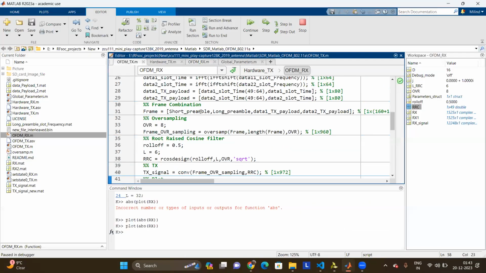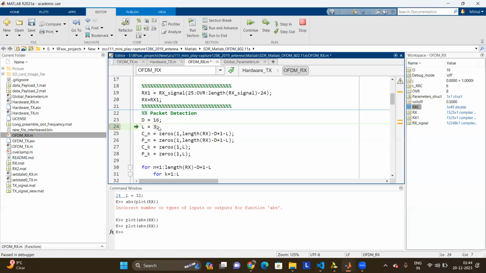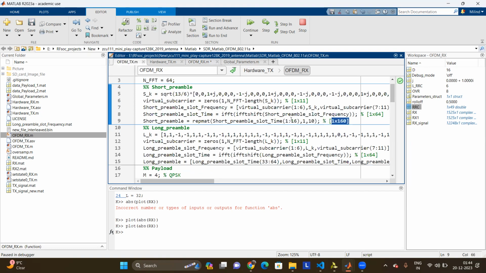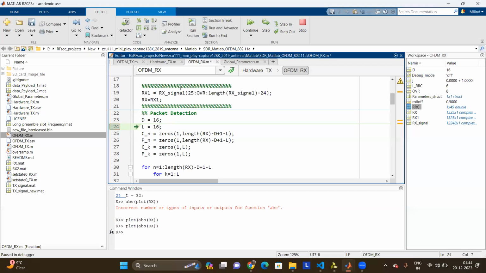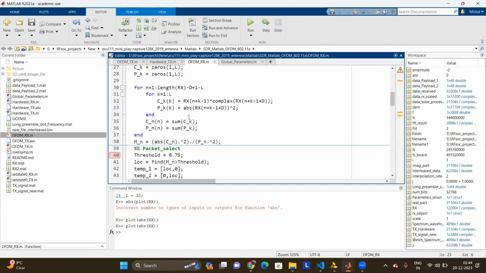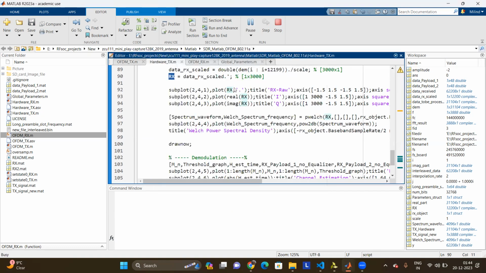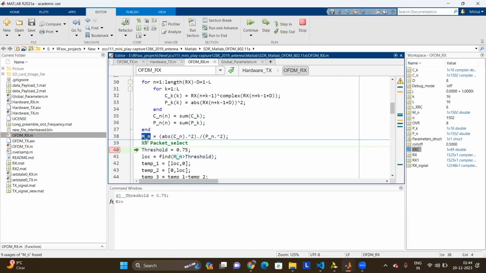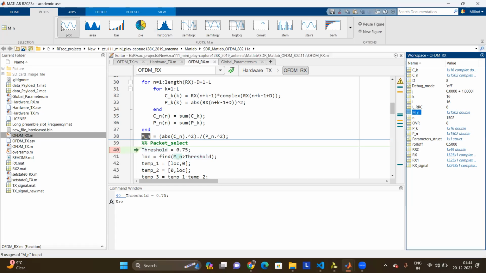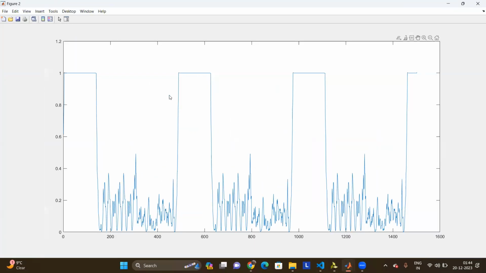And since we know in the transmitter part, a 16-sample short preamble is repeated 10 times to create a 160-length short preamble, we'll use this property for perfect correlation. The period is 16, that is, the 16-sample short preamble slot has been repeated 10 times, and the delay that we saw was 8 samples. So we will use that. And now let's see how the correlation signal for packet detection has been constructed. So this is the signal that is finally constructed. When we check the plot of the signal,